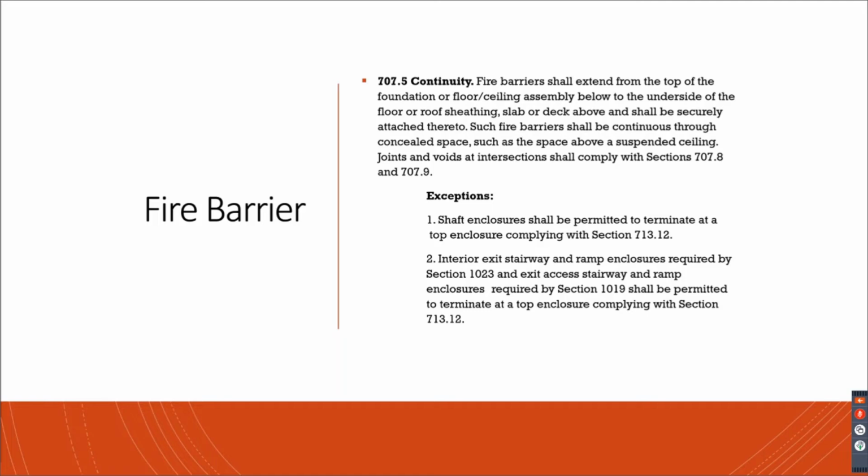And if you've got a roof-ceiling assembly, it doesn't terminate at the ceiling portion. That would be a membrane. It terminates all the way through, all the way up into the roof portion of the assembly. And then some exceptions for shafts. There are different ways to terminate shafts. You would go to 713.2 to determine how to terminate the shaft. And then interior exit stairways and ramp enclosures also have their specific requirements of how they terminate. And you would go to 713.12